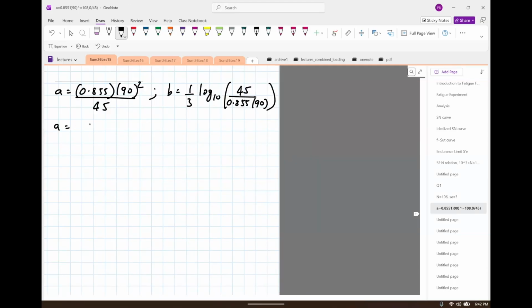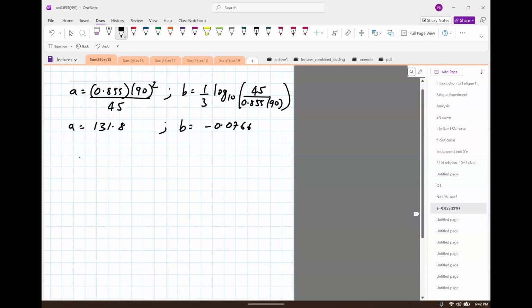So A comes out to be 131.8, B comes out to be minus 0.0766,